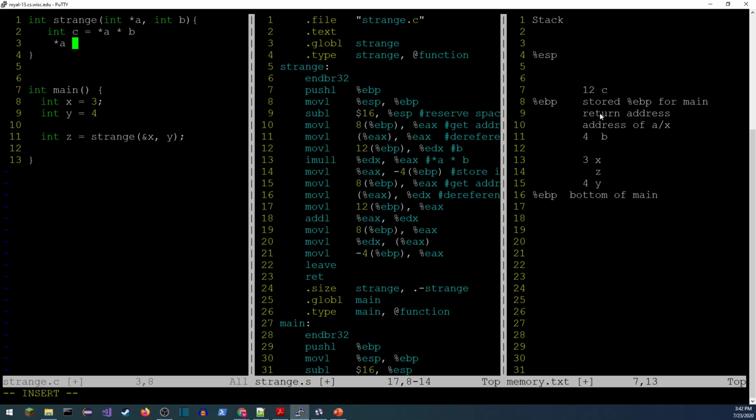We've done star A. 12 above the base pointer, so there's 4A. 12 is now getting B again. I'm going to store that in EAX. And this is where we're doing the addition. So this is getting B, add them, reference A plus B, add them together. Okay, after that, we're going to be looking at 8 off the base pointer, moving that into a register.